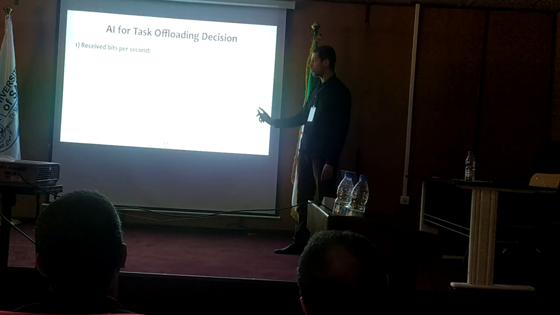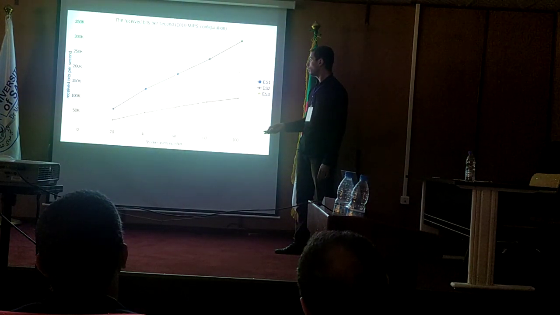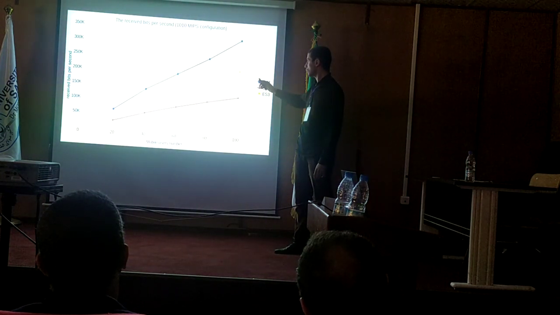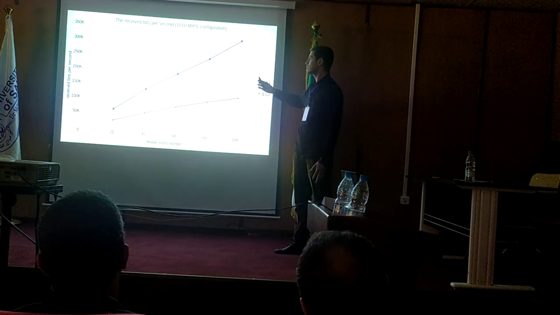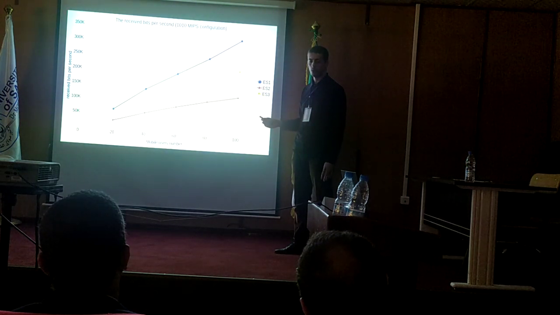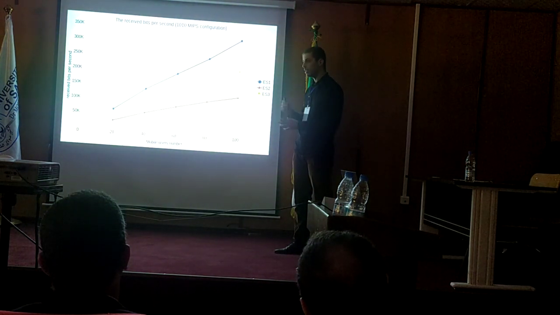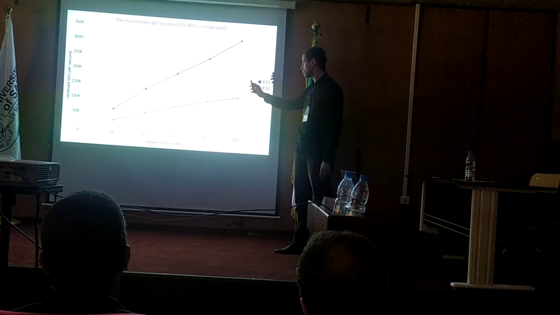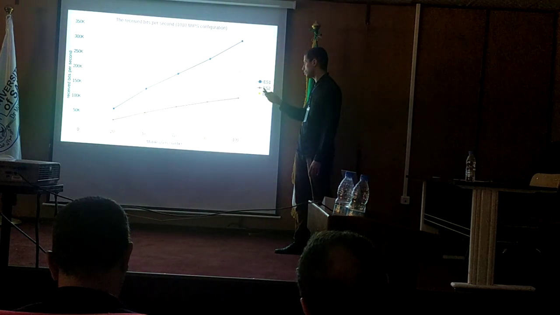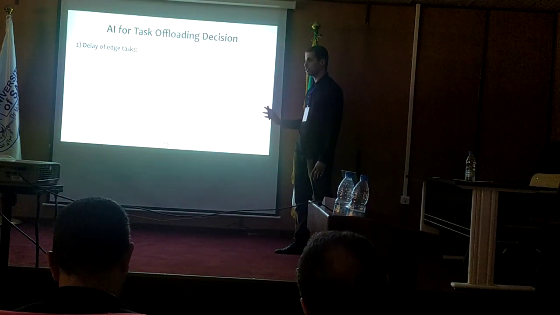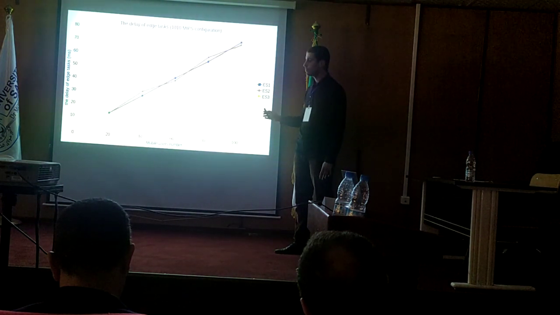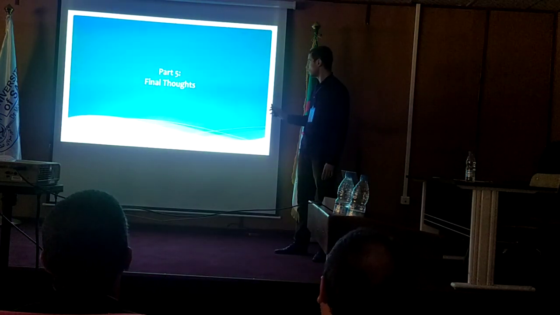So for the first metric, which is the received bits per second, we got these results. We remarked that the first edge server, for some reason, received a lot of tasks. This is according to the orchestrator. We ran it in the simple, default mode, so we did not apply a specific strategy. That's why we got these results. It's followed by the third edge server, then the second edge server comes last. For the second metric, the delay of edge tasks, they almost got the same results. So we finished our presentation.